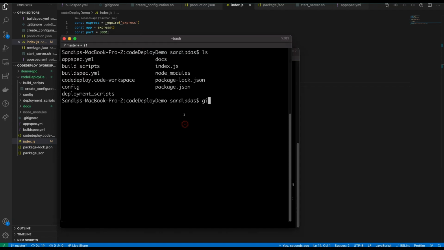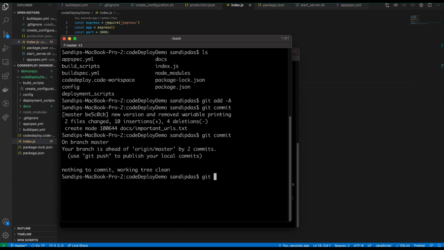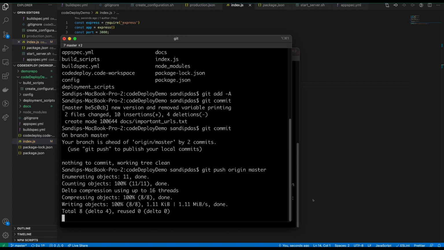Yeah, add the changes, commit a new version, and remove variable printing. Okay, it's done.